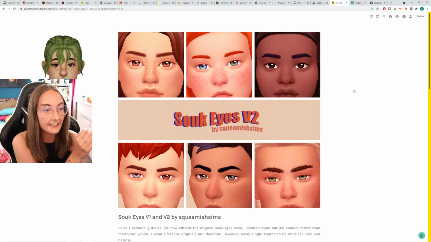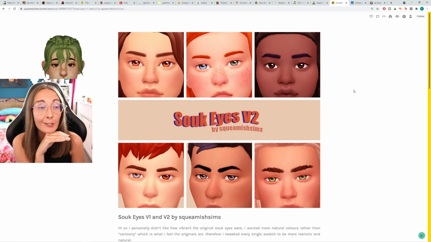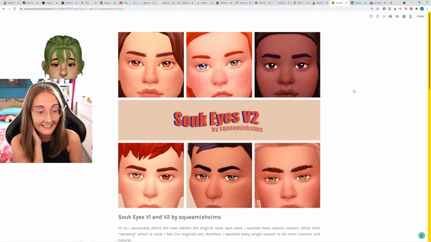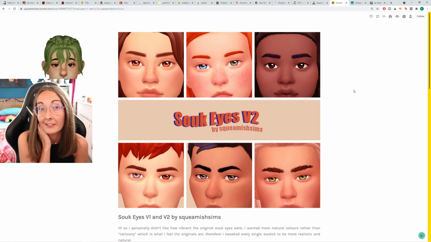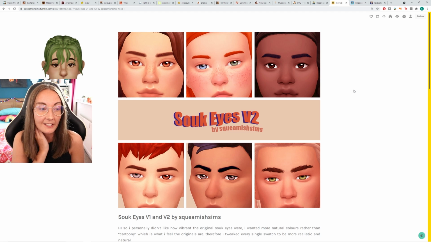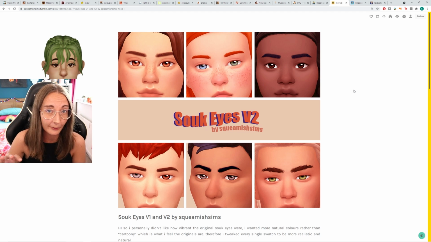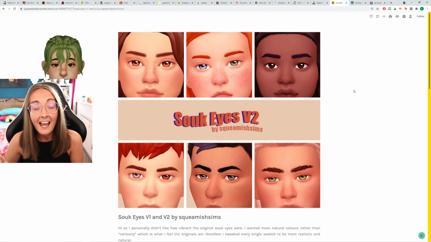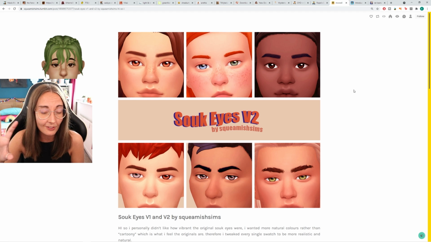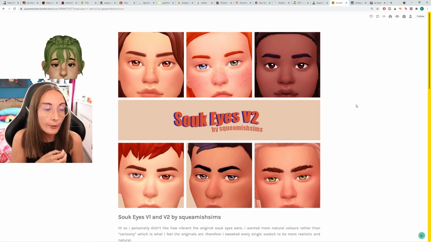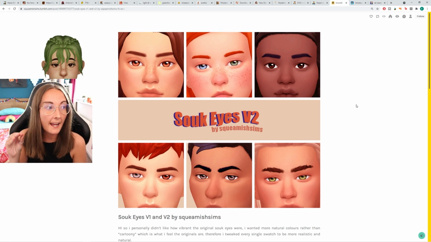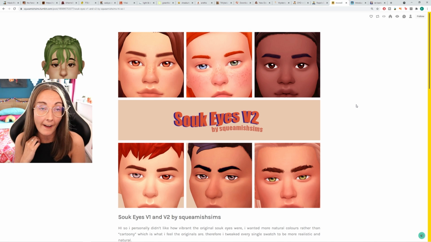These are the eyes that I use in my game. I've used them for like probably 2-ish years now, and I haven't fallen out of love with them yet. So these are what I go to. I actually got these because I think the browns are incredible. I love brown eyes, and Squeamish Sims just literally does brown eyes so well. So these are Sukai's version 2 by Squeamish Sims. You can still find them on